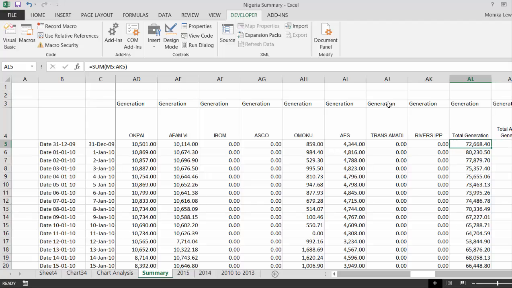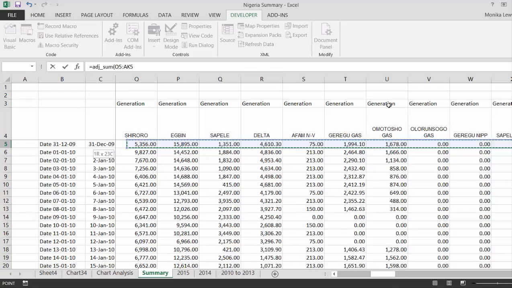And why did I put address? Okay, and then